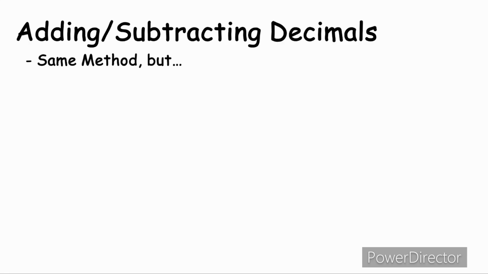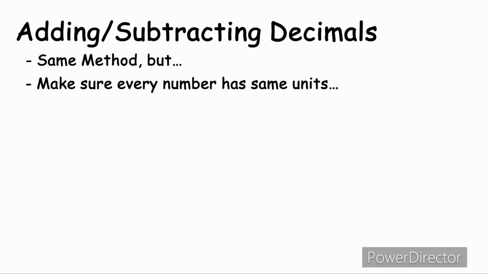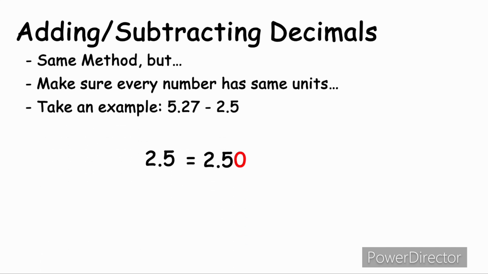Finally, for decimals, you basically take every method with integers, but with an extra step. For adding and subtracting, what you want to do is to make sure every number has the same amount of units, with 0 included, and you can add it behind it. For example, in this case, you will want to make 2.5 into 2.50 so that it doesn't get confusing when